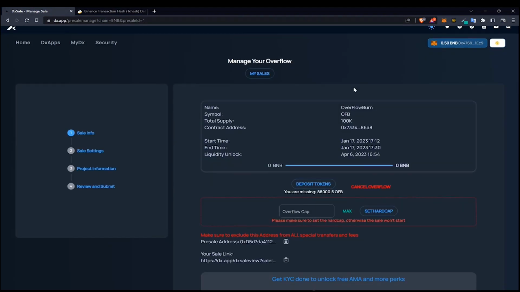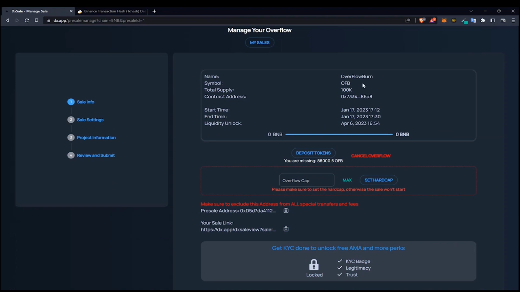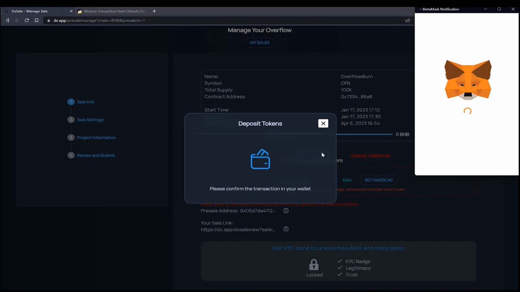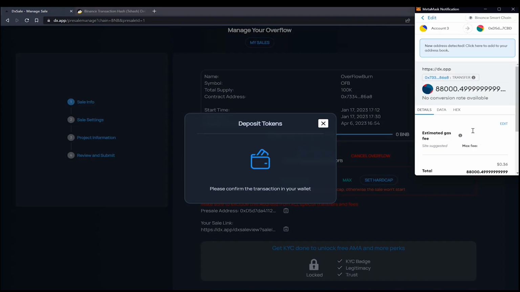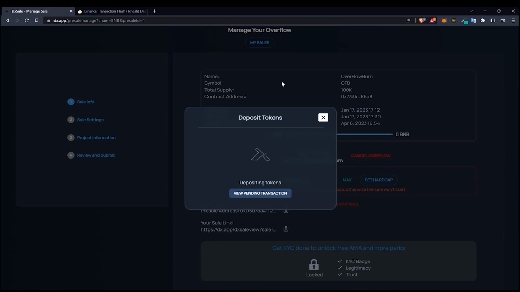And the first two things you need to do for an overflow sale is deposit the tokens that are for the pre-sale and liquidity. So I'm going to start with that. Once I confirm that,